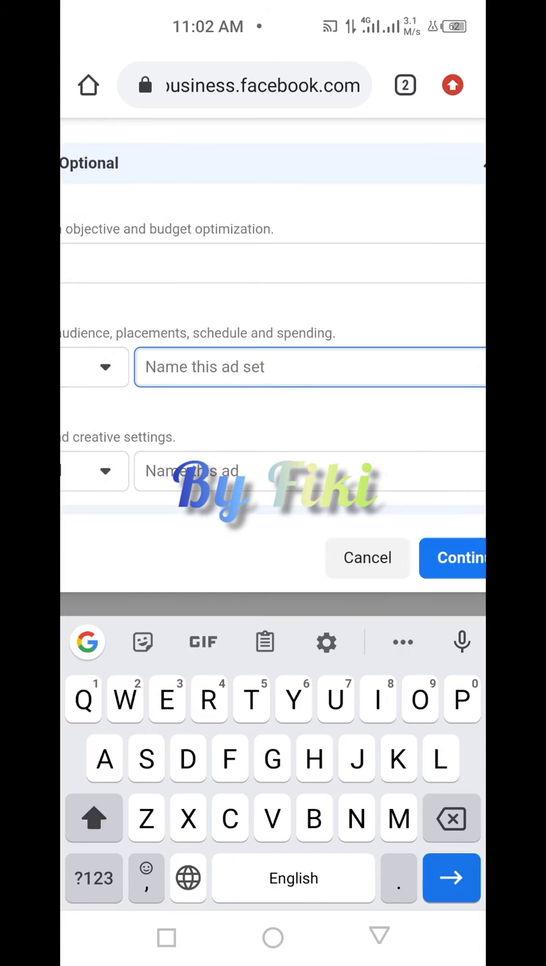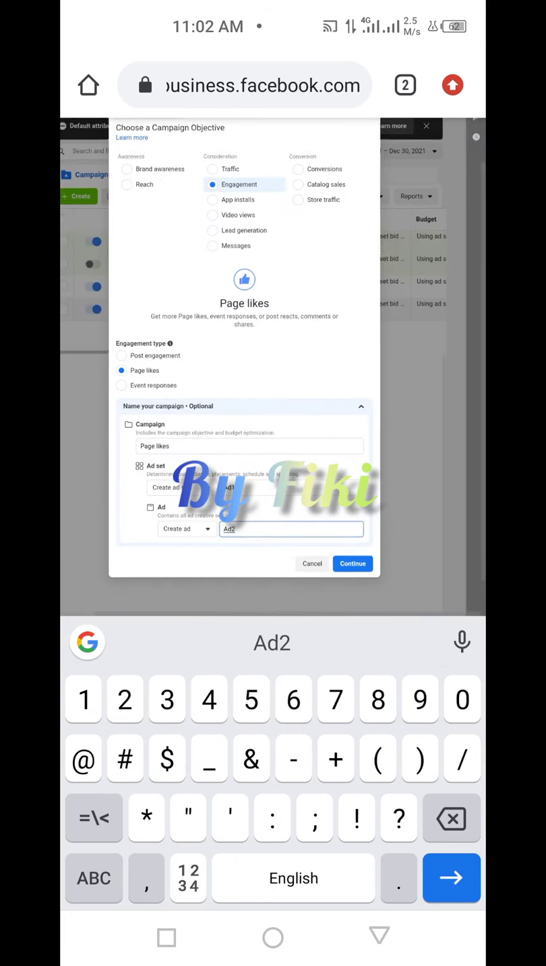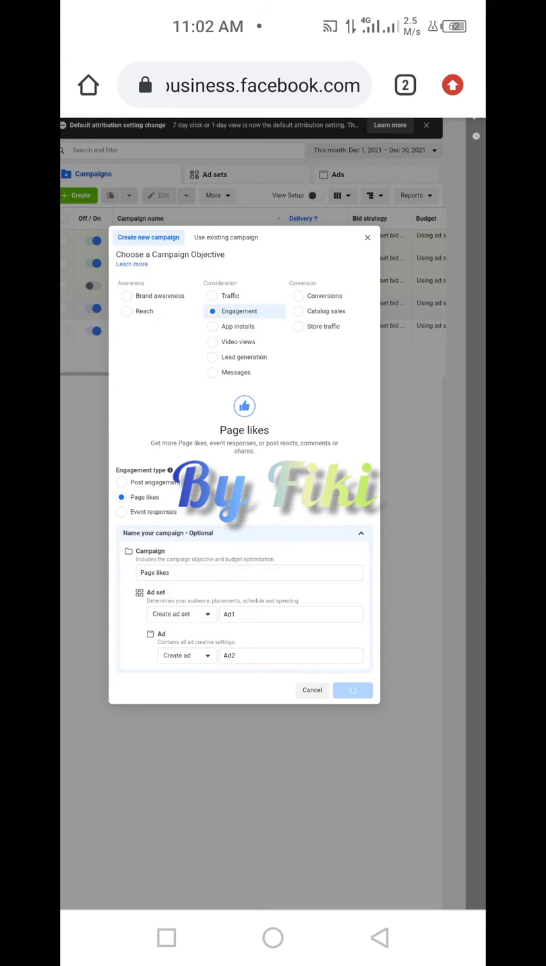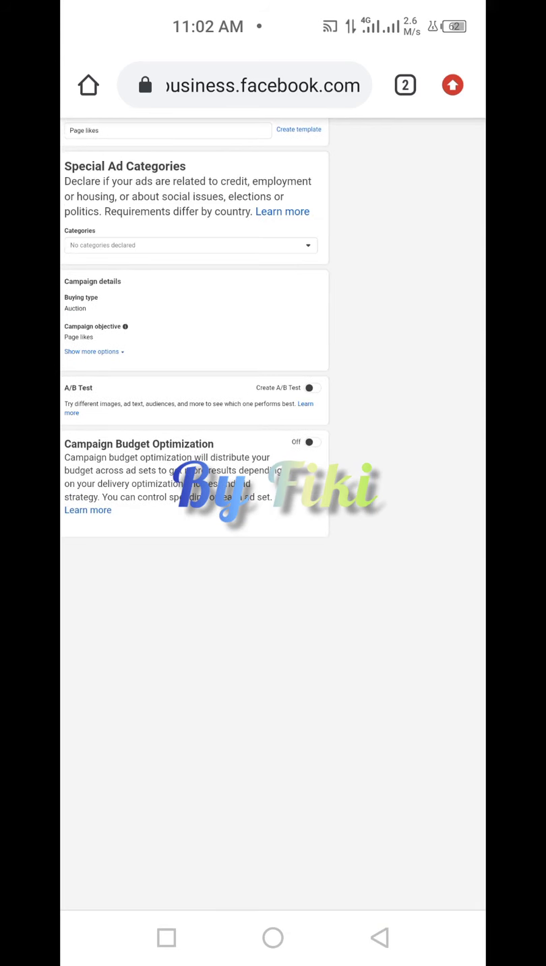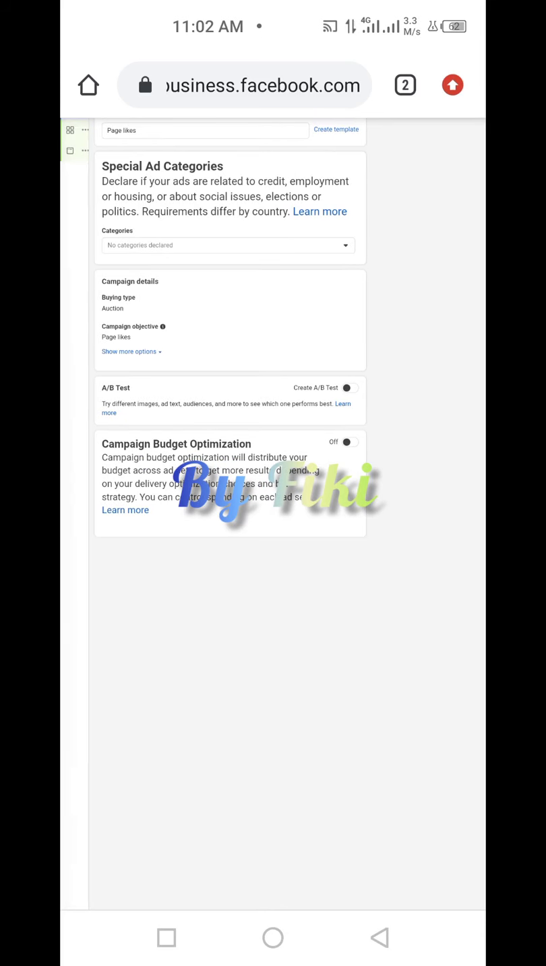Then add 1, add 2. Once you're done, you confirm. We just want page likes, that's all, right? So once we're done with that category,